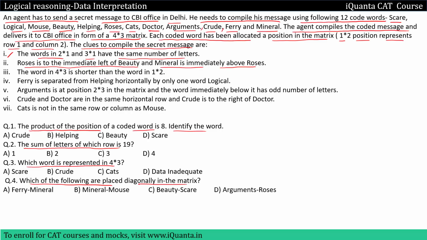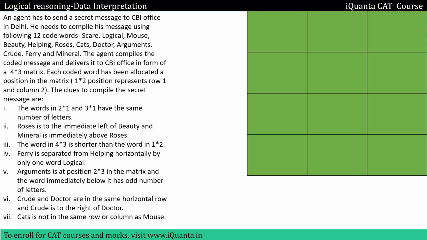We'll draw a 4x3 matrix and then using these clues we'll put every word into the matrix and then we'll answer the questions. So we have drawn a 4x3 matrix over here. 4x3, that means 4 rows 3 columns, so I have drawn it. We'll come to the clues directly. We were given that the words in 2x1 and 3x1 have the same number of letters. So 2x1, that means this particular position, 3x1 is this particular position. 2x1, that means second row first column, 3x1 third row first column. So these are the two positions. In these two positions I have words having the same number of letters. Okay, so let me write down same over here, through which I'll come to know that the number of letters are